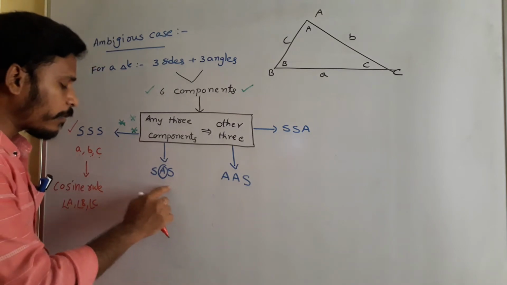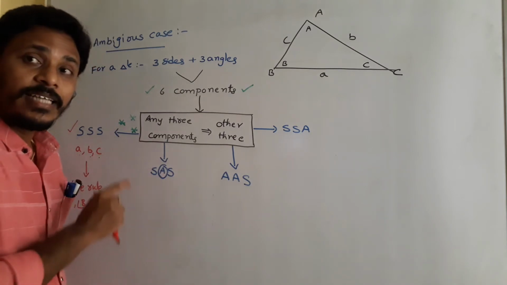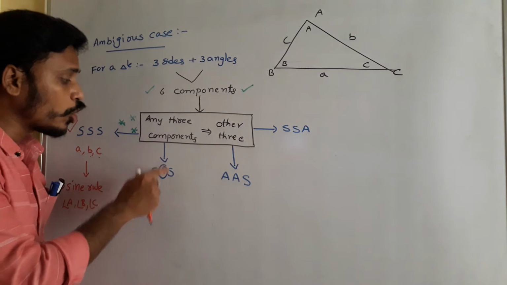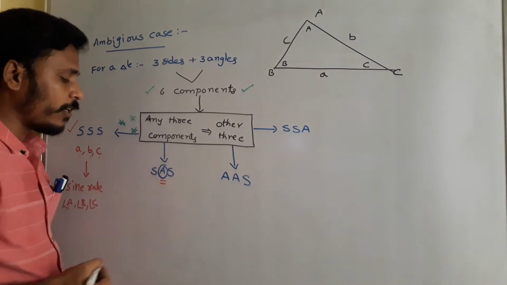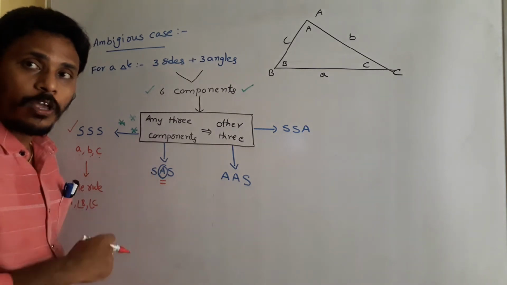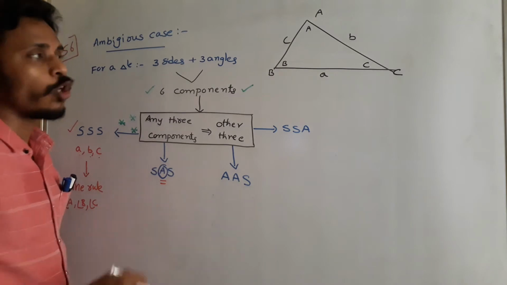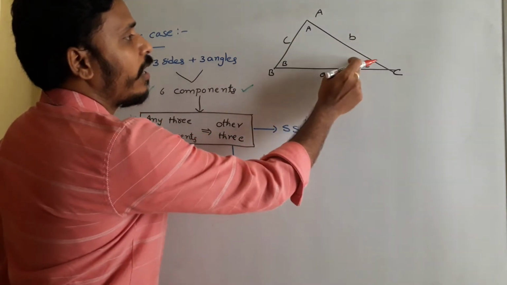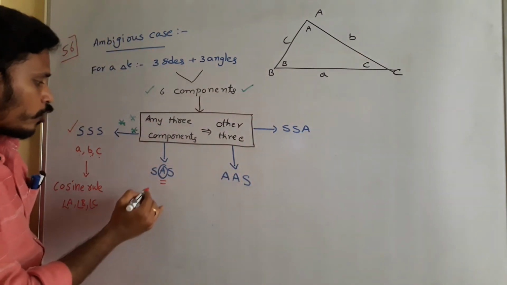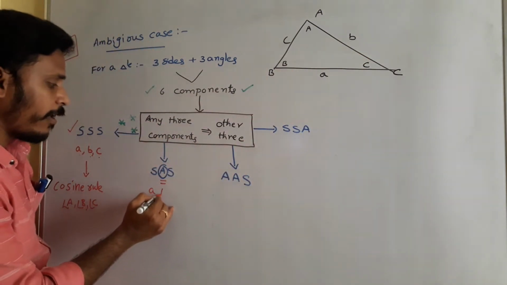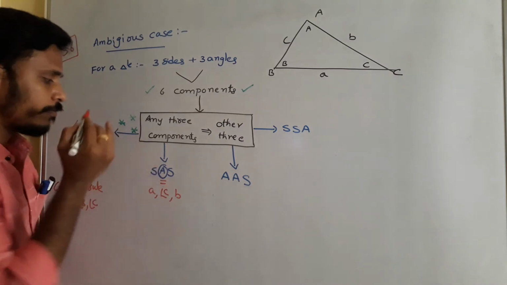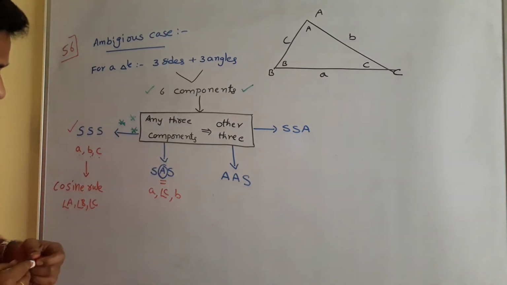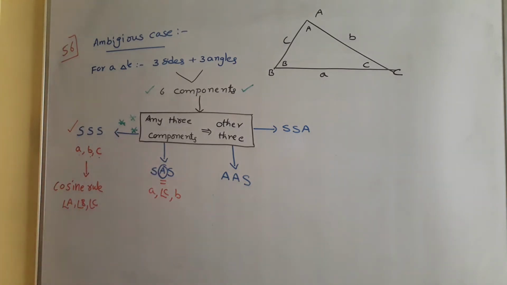And whereas in the other part, SAS, here the angle must be included between the sides. That's why we just marked that round. Okay, so 2 sides and their included angle. Suppose sides a, b, and in between this a and b, angle C is also included. So that means if you have side a, angle C and side b. Okay, if you have side a, side b, and the included angle C between them.